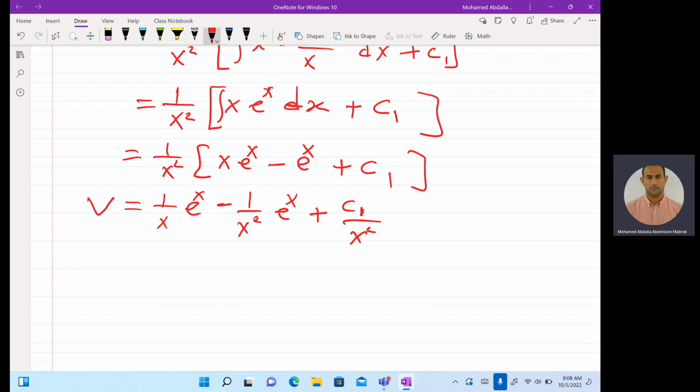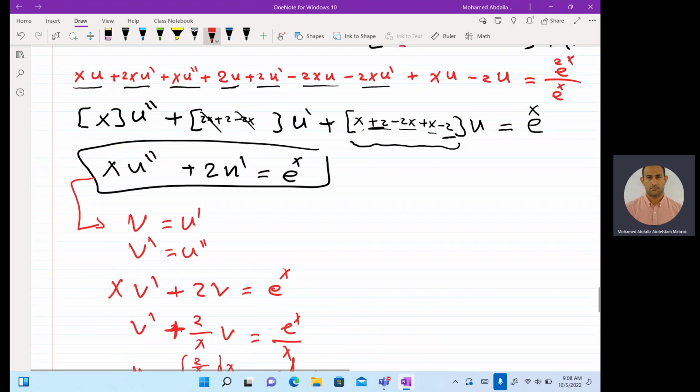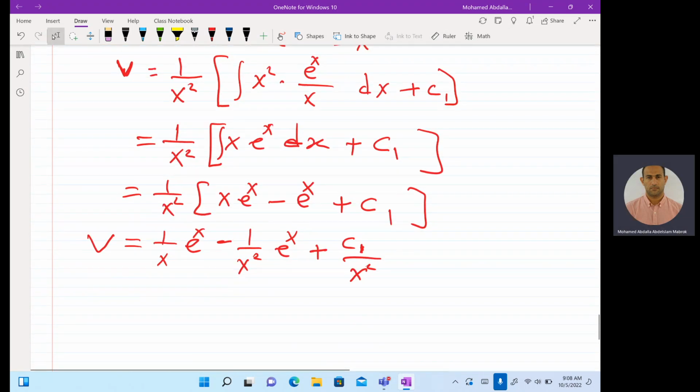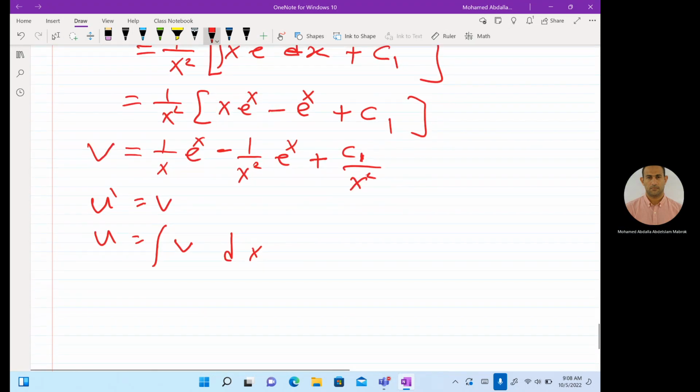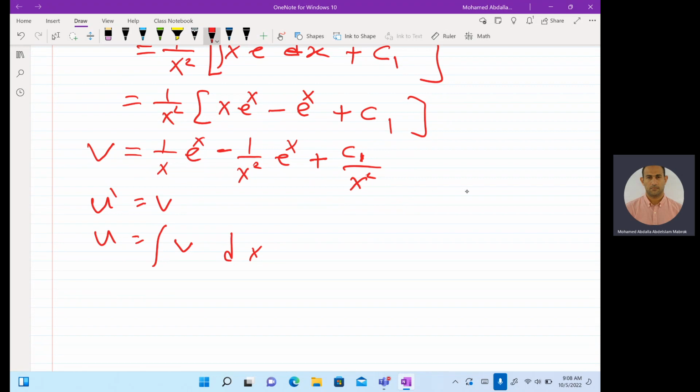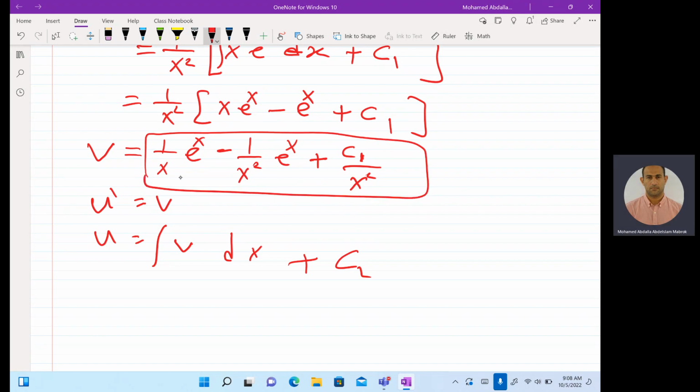So we needed the v. Let's just go back. We were doing the v to get the u. So the u dash equal v, u equal integration of the v dx. And you need to integrate that. Sorry? Yeah, plus a constant, C2 this time. So you integrate all of this, which is not very difficult. I mean, integration by part in the 3 cases. Yeah. And then you